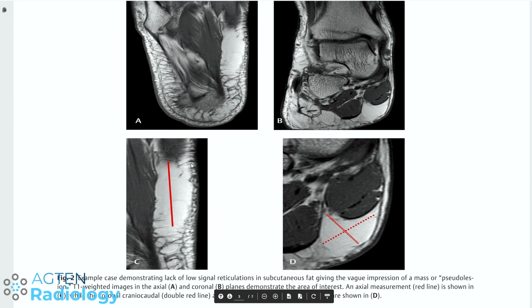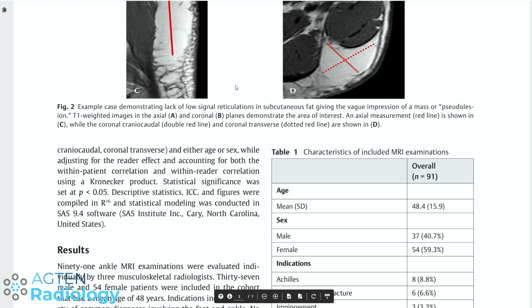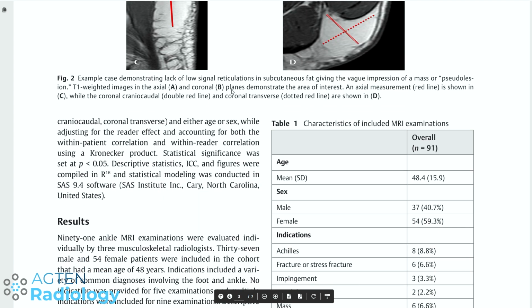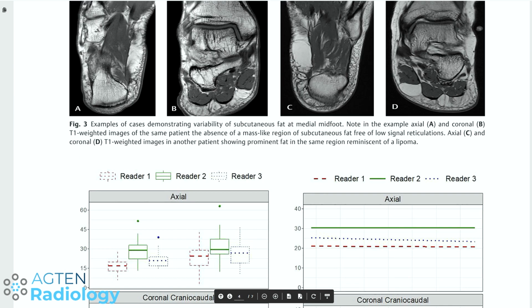So again, this is the exact same location. They did some measurements, and it's about this thing here and this one here. Our case is even more beautiful than their case here, but it's always at that exact location, and location is key in this instance. So we can then move on. There are a couple of other cases here. This one also looks very lipoma-like, but it's actually just a pseudolesion. And